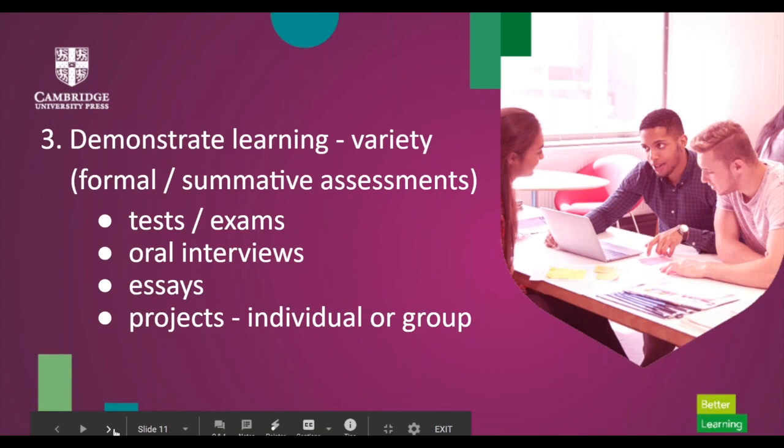Once we have identified materials and considered practice activities, we need to determine how students will demonstrate their learning. And I really believe that variety is important. Some students are going to be best able to demonstrate their learning through an exam, while others might be best able to show their learning through an oral conversation or a visual poster